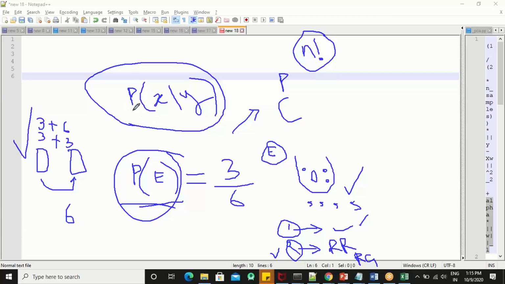Like conditional probability is this is independent probability. Okay, this probability of this event is that this is an independent event. Remember, here when we say probability of an event E, it is an independent event. Here it's not the case. Here I'm saying probability of this given this. For example, probability of,